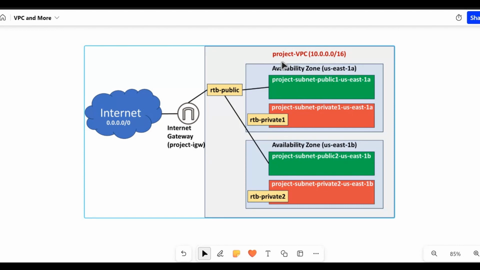You can also name it in any other way, and we are going to work with two availability zones, and every availability zone is going to have two subnets. Out of them, one is public and the other one is private. So here we are naming it as public 1 for the first region and public 2 for the second region, and similarly the private subnets are named as private 1 and private 2. Here you must note that these are default names with the VPC and more setting, and we can always customize